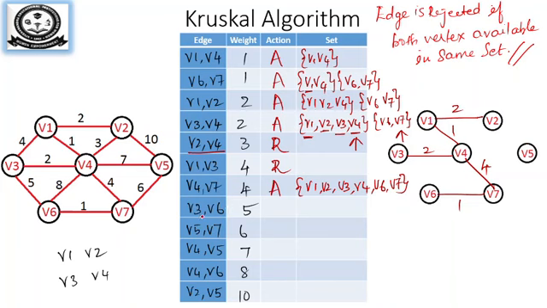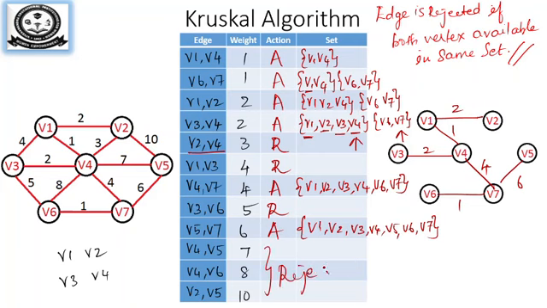The next edge is V3, V6. You can see V3, V6 are in the same set, so it is rejected. The next edge is V5, V7. You have V7, you don't have V5, so you will include V1, V2, V3, V4, V5, V6 and V7. So all the vertices are there. So it is accepted. You can see in your diagram all the vertices are connected. The remaining edges are all rejected. Since all the vertices are in my set, I can stop my process. This is how a minimum spanning tree is calculated using Kruskal's algorithm.